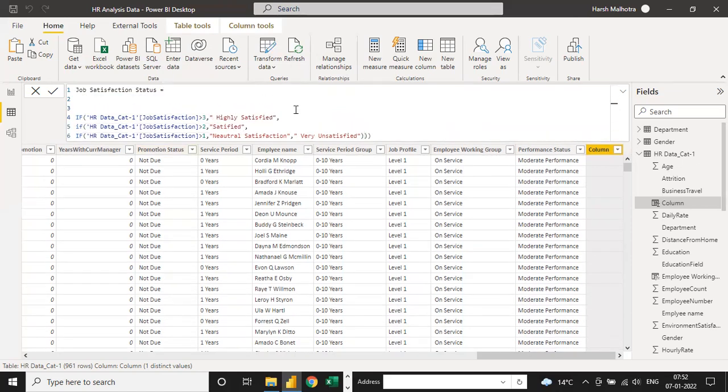So any doubt, guys, in this example? Anyone? How to write this condition? You have any doubt? See, I am writing here highly satisfied, satisfied, neutral. So you can change it also. Suppose if you want something else, like very satisfied, satisfied, neutral, unsatisfied, and very unsatisfied. So these 4 conditions. If you have any other condition, you can write that also in your mind. So this condition will be given to you by a manager or by a concerned person. You don't need to think about it, but I am going to think because I am teaching you.